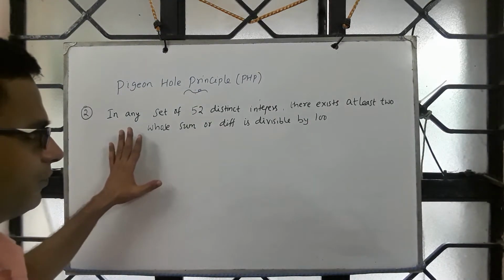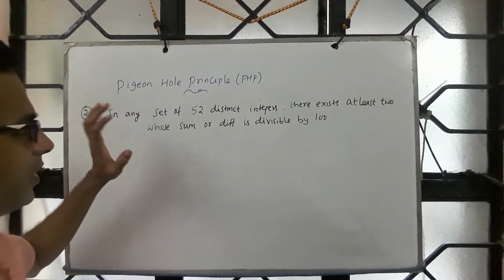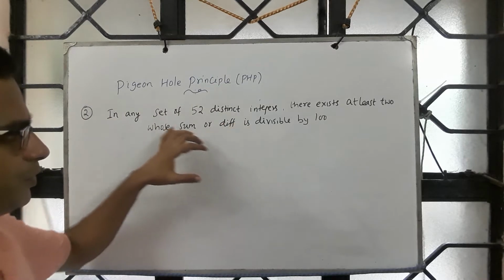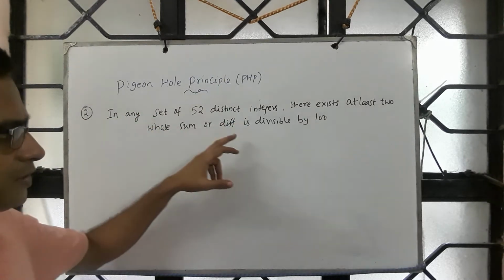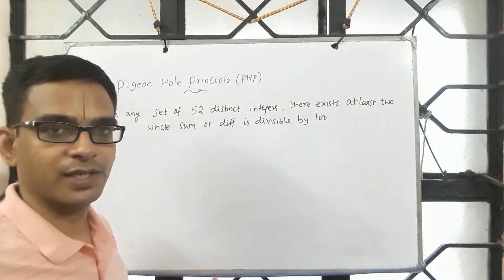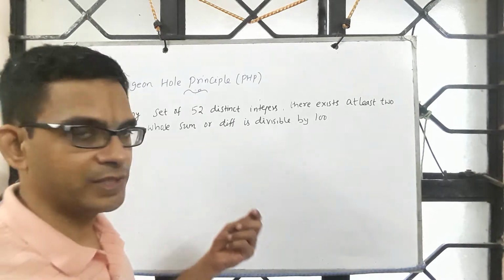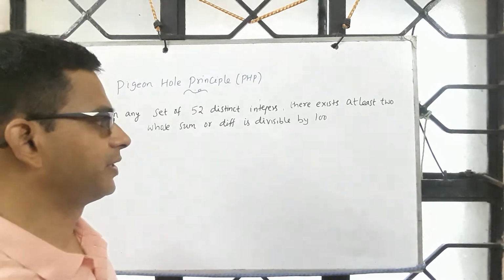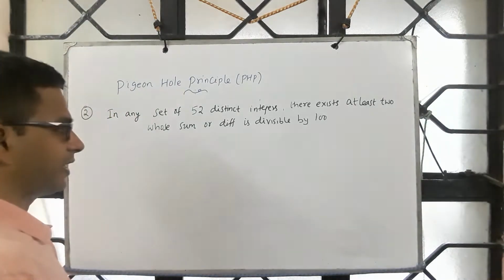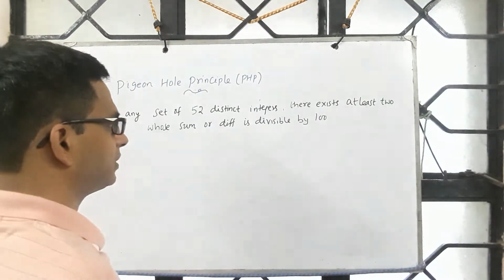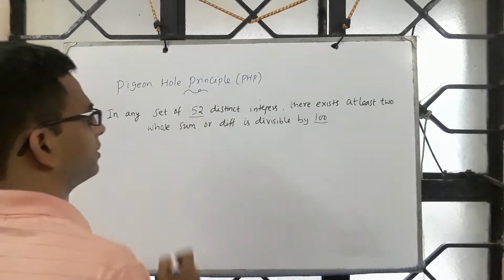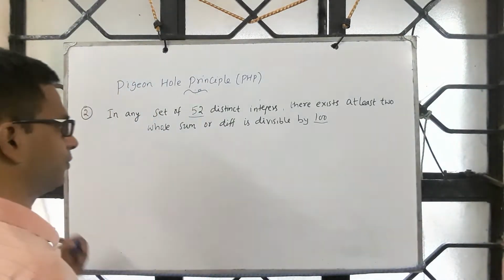Now we are going to prove this using PHP. We have to somehow identify, by looking at what is given to us, the pigeons and pigeonholes, with a difference of at least 1 between the number of pigeons and pigeonholes, so that we can see which principle to use to complete the argument. So that's the challenge. Okay. So listen carefully. I am going to use every piece of information given in the question carefully so that PHP can be brought in to complete the proof.